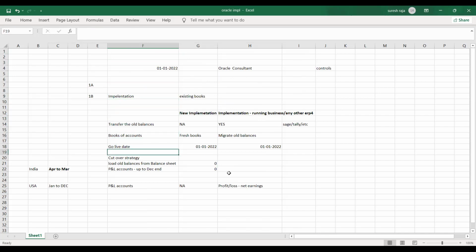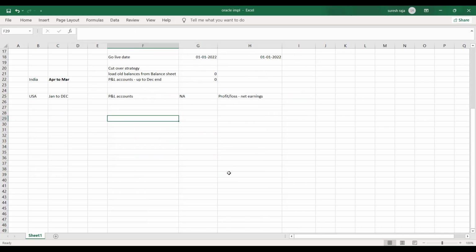Next, the second option is upgradation. Now in the market R12 is popular. We are in R12, Release 12. Suppose your client is in R11, so we are upgrading from R11 to Release 12. This process is called an upgrade project.